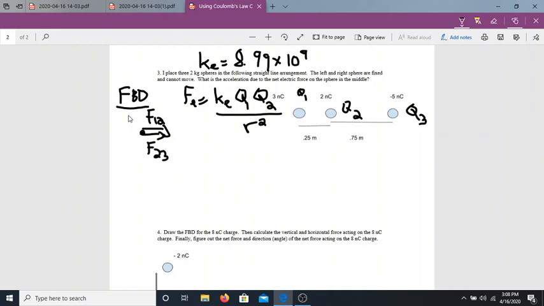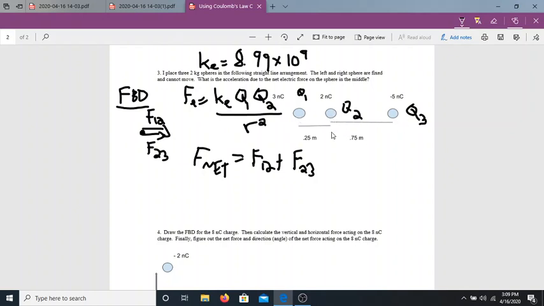Now, this question is basically taking what we did previously on the first page and going one step further. So once I have the FBD, the next thing I want to do is find Fnet. Now, in this case, once again looking at the FBD, these 2 forces are going the same way. So the net force is going to be the 2 of them added together. So your task is to literally just calculate the electric force between 1 and 2